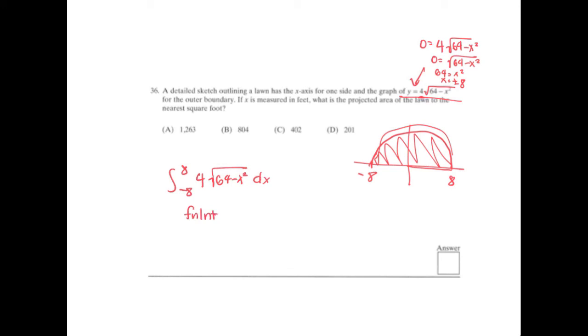Just use fnInt on our calculator, which is under Math 9, and you should get approximately 402.123. They asked us to round it to the nearest square foot, so we'll have 402 square feet is our final answer, C. So in this next problem, they're asking us to approximate f prime of 4, and they